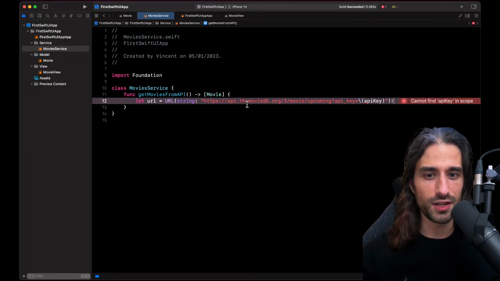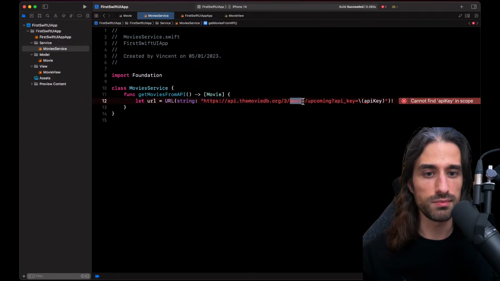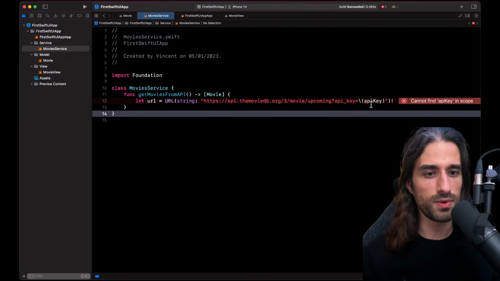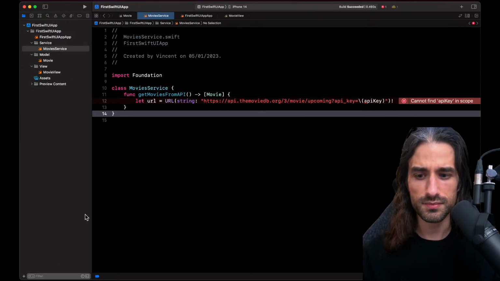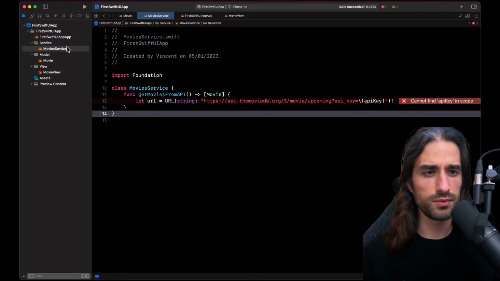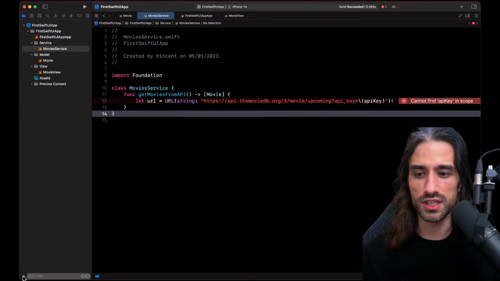So, api.themoviedb.org, so the version of the API. Then the path to the endpoint, which is movie because we're querying about movies, and then upcoming because I'm interested in upcoming movies. And there is one GET argument, which is the API key I'm going to use to make the call in order to be allowed to access the API. You can get an API key for the MovieDB for free. You just need to create an account and request a key.